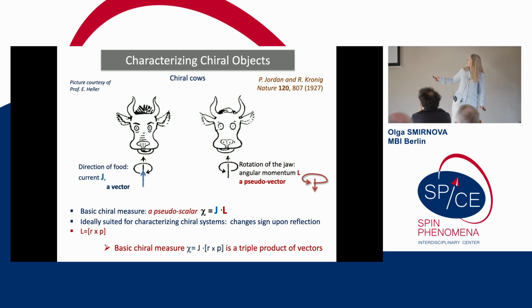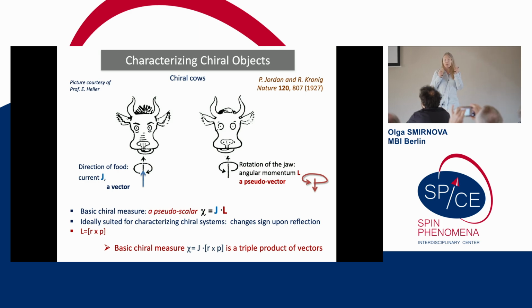This is the subject that two famous theoreticians, Jordan and Kronig, addressed in their Nature publication virtually 100 years ago. They first of all reported that cows are chiral, and second, they noticed that they are chiral in the way they chew. So the jaw of a cow rotates in a certain direction, but the food goes in the direction orthogonal to